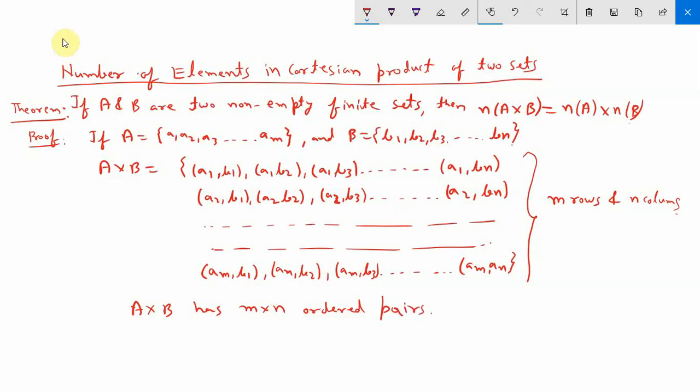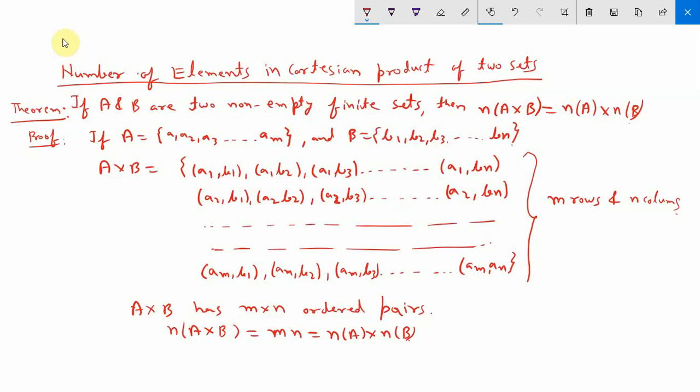So we can write n(A × B) equal to mn, and it will be equal to n(A) × n(B). Okay,